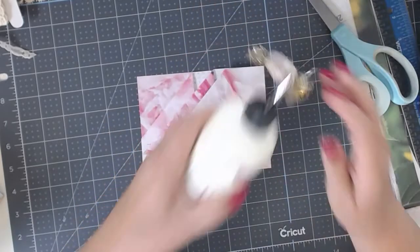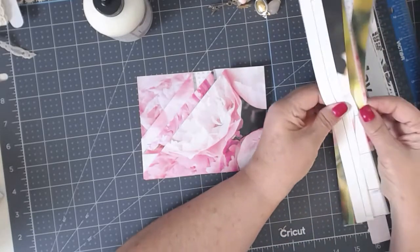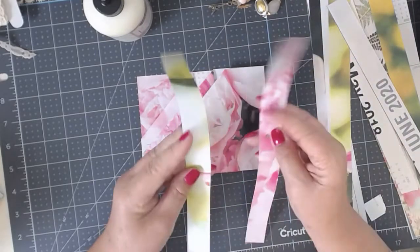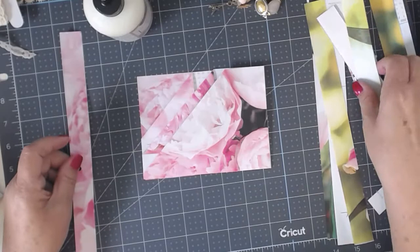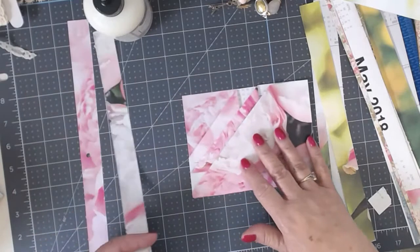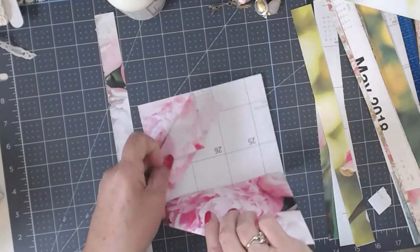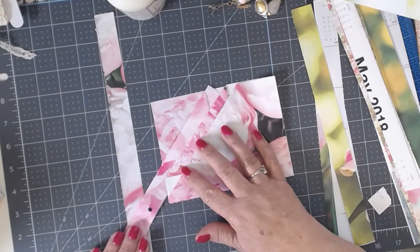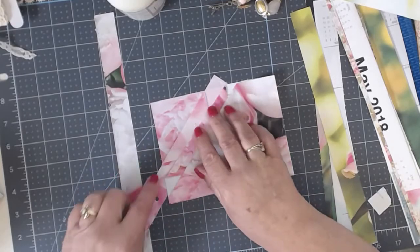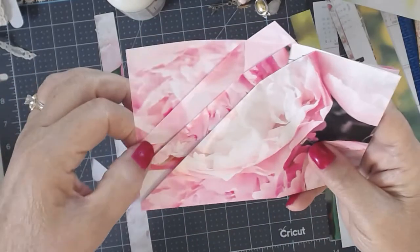So let's go ahead and do that. Well, no. Hold on. I almost forgot my little strips of paper. So that's not it. Here they are. So you have your 2 strips. Where's the other one? Is that it? I think, yeah. So you have 2 strips from your paper. You're going to take one and you're going to slide it. You can slide it up under here. Just like that. And what you're doing is you're covering this white